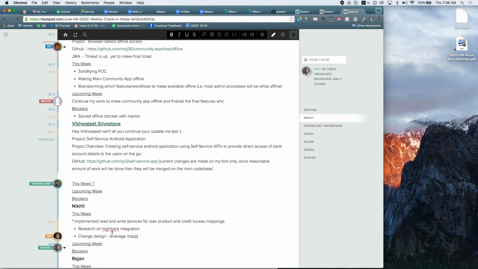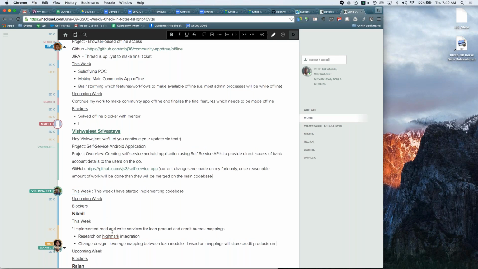This mapping stores loan products with the credit bureau. In this router module, the REST API would be expecting the loan product ID, and then based on these mappings, it will select the credit bureau.